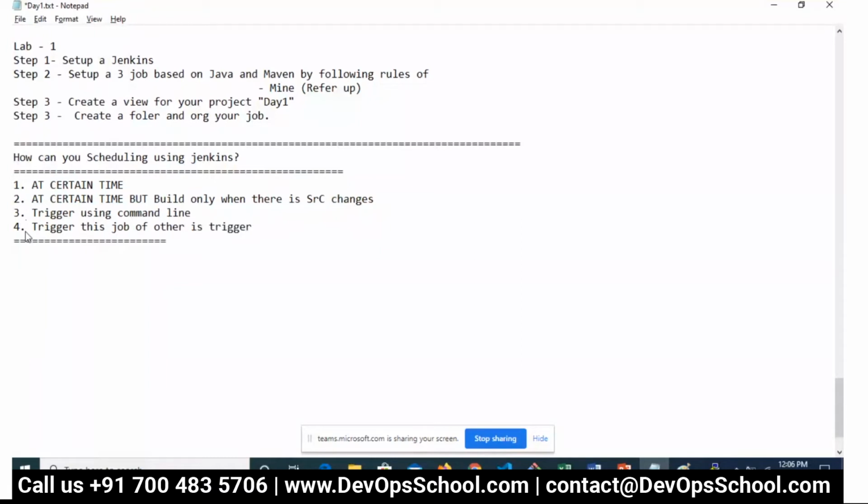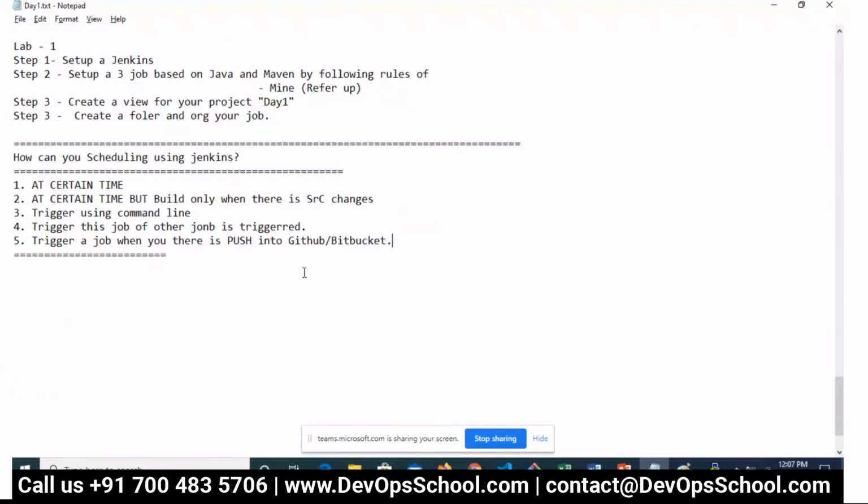Fifth, you can trigger a job when there is a push into GitHub, Bitbucket, all these things.